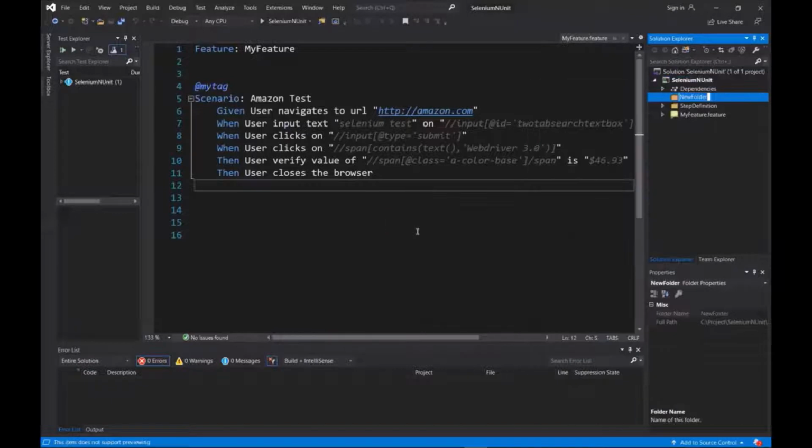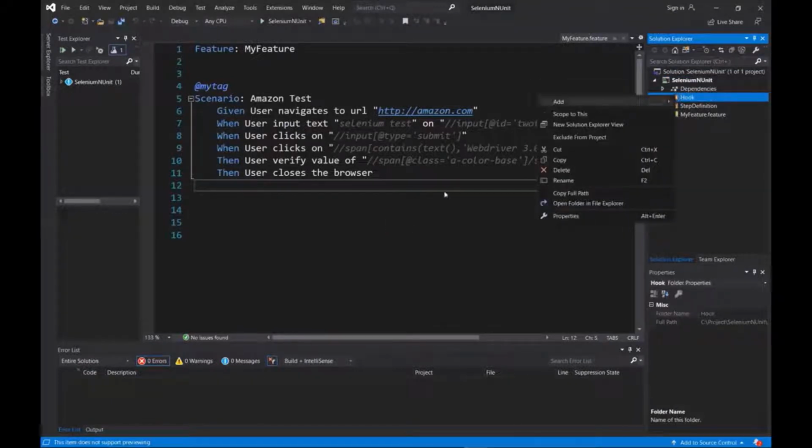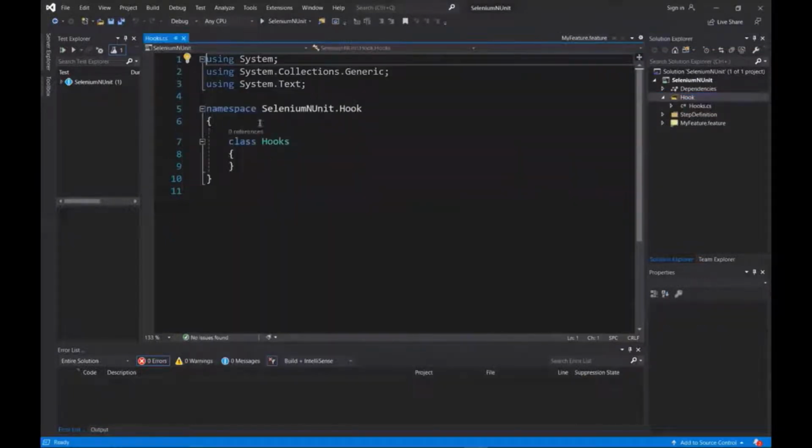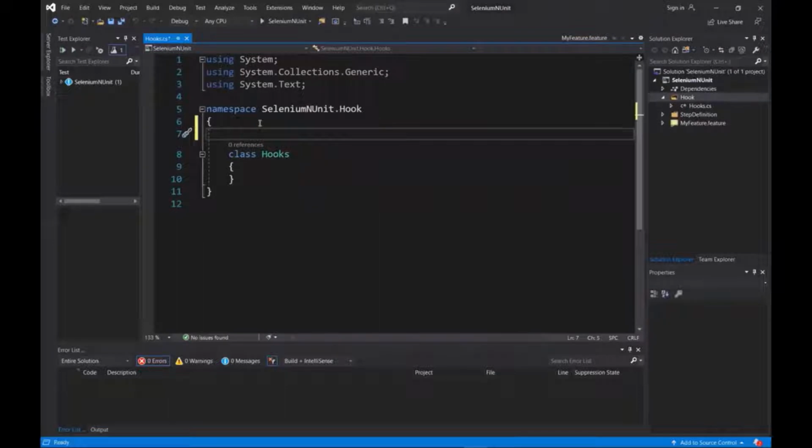Now we'll create a new class which will contain these SpecFlow hooks like BeforeTestRun, AfterTestRun, AfterFeature, and so on. Hooks or event bindings can be used to add automation logic at specific times, such as any setup required prior to executing a scenario, a feature, or a test. So we'll start with BeforeTestRun.